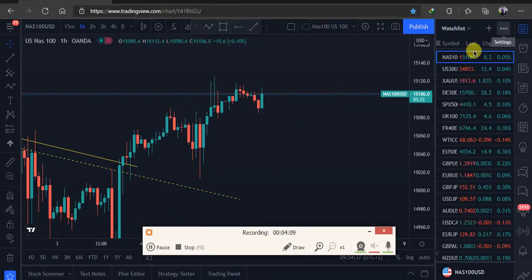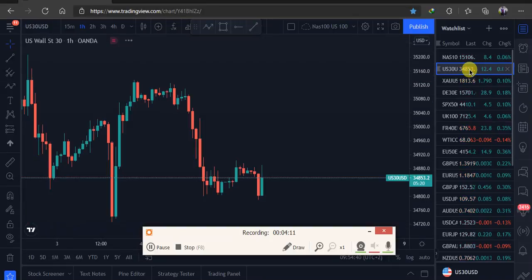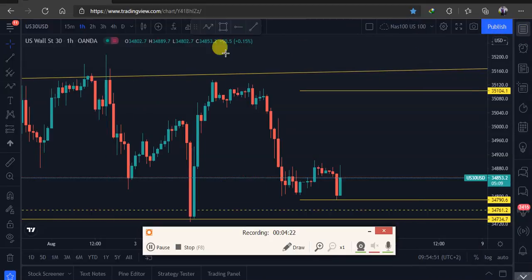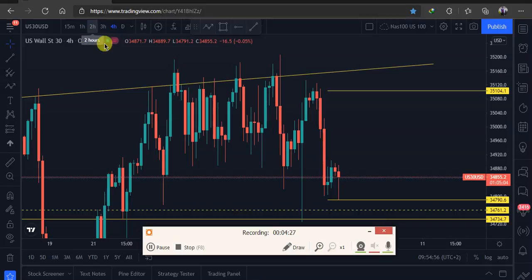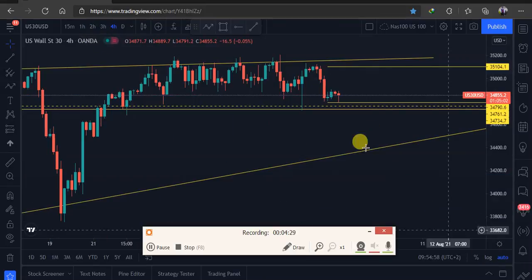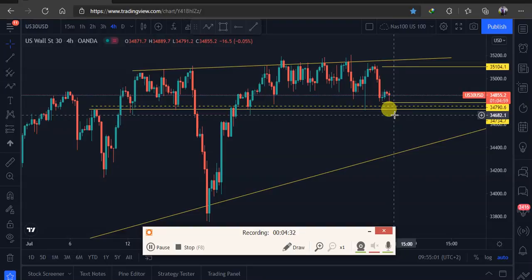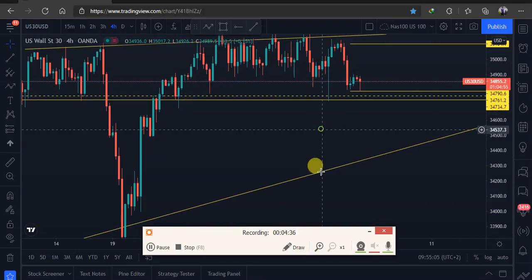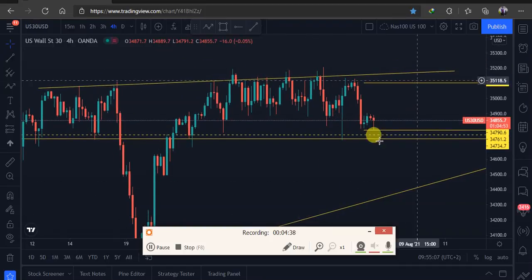So let's go straight to US30. Remember, these days we do almost 5 things. If we do 5 things like that, it means I can't spend enough time on one thing, as long as it's just a daily analysis. Since we continue this every day, it's just a continuation, so we don't have to start from scratch. If maybe you missed some of my analysis, please feel free to go back and